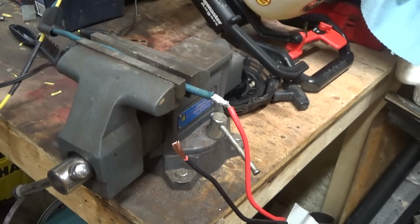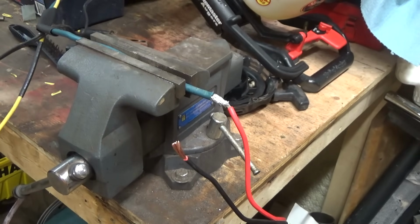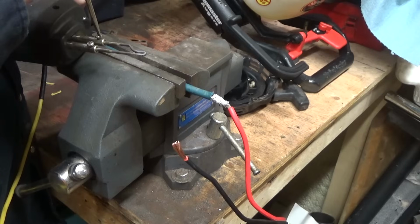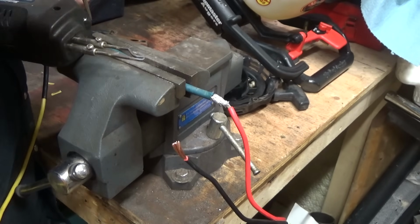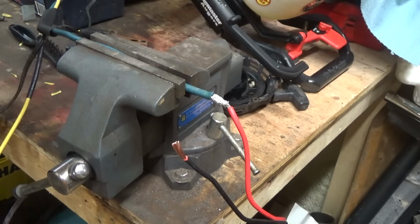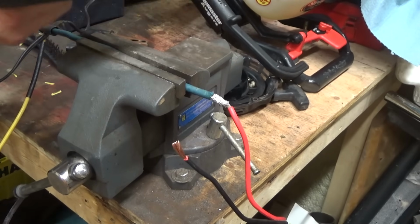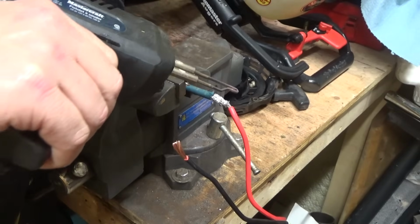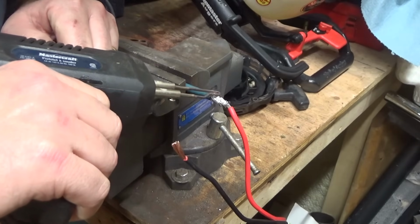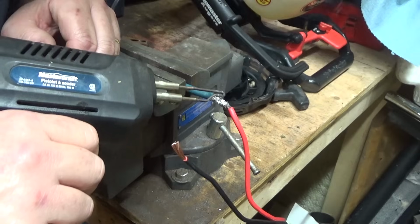I'm kind of wondering if this is not quite tight enough or something. This thing used to get like red hot. It doesn't seem to be getting red hot anymore. Maybe I need a new tip for it. Really loose. Let me just check the box here while this is heating up and see if I got a... No, I don't got a spare. Okay. Well, I just want to... Oh, it is red hot. It's hot. Just want to smooth her down a little bit so that...